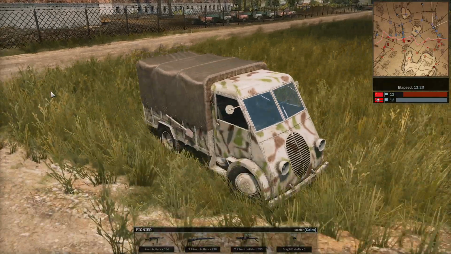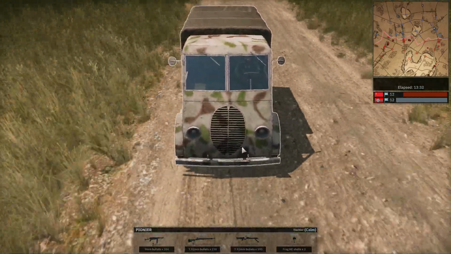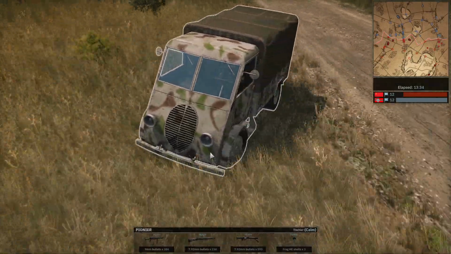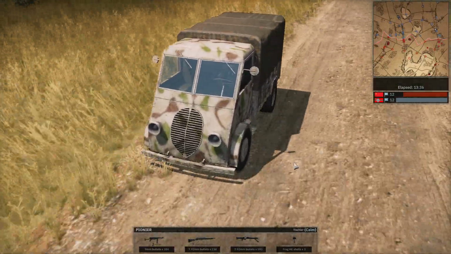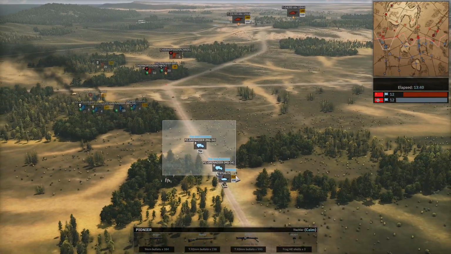Weird trucks. It kind of looks like a smiley face, you know, nose, eyes, and mouth. It doesn't like where it's going. It's like, I'm gonna go and die there. Well, that's right. You're gonna go die because